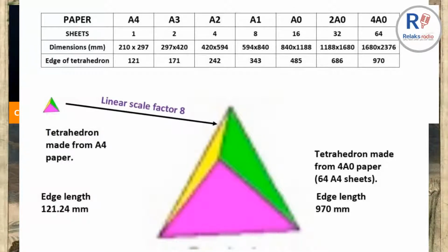Right. Okay, so you're not doubling the edge length between A4 and A3. You're doubling the edge length between A4 and A2. So every 2 sheets, yes, it increases. And the scale factor for the edge length is √2, not 2. And then if you do it by √2 again, √2 times √2 gives you your 2. √2 squared, which...